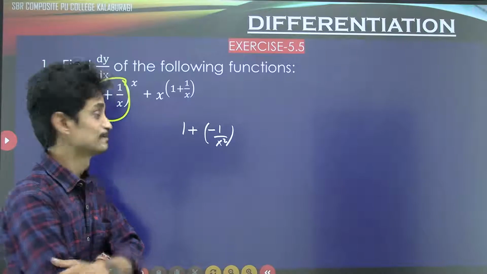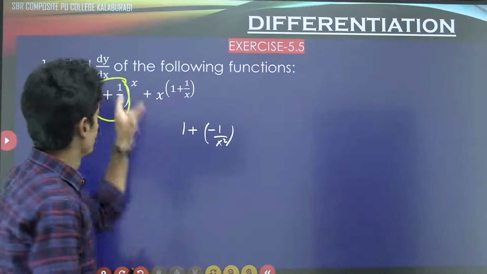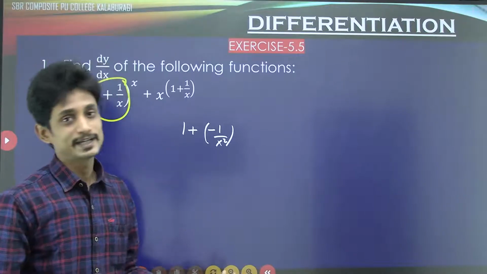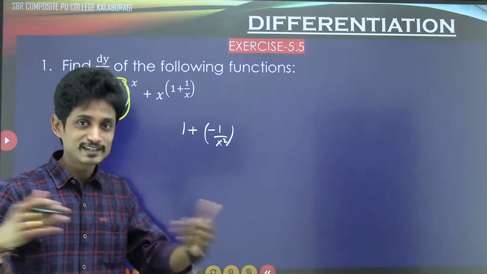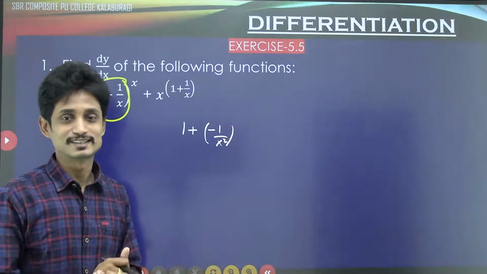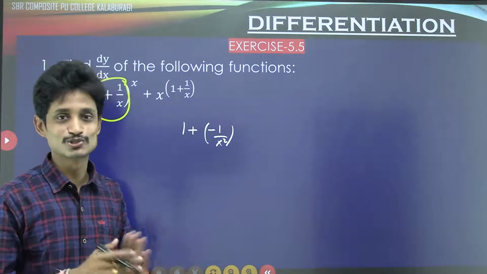बहुत ही आसानी हुआ ना. x का डेरिवेटिव तो 1, 1 बाय एक्स डेरिवेटिव कितना होगा? माइनस 1 बाय एक्स स्क्वायर. ये दो चीज हमारे को पता रहे तो आगे का सॉल्यूशन इजी से हम सीखेंगे, बहुत ही इजी हो जाएगा,